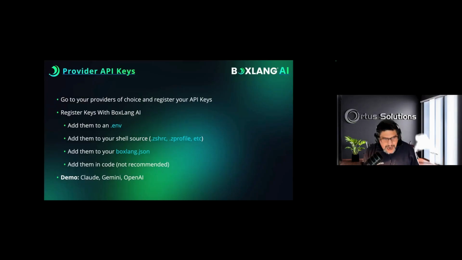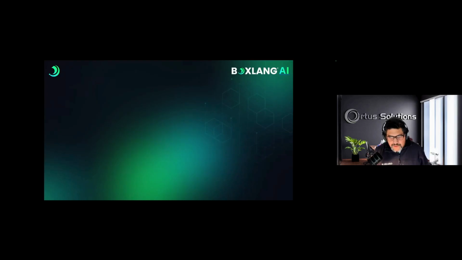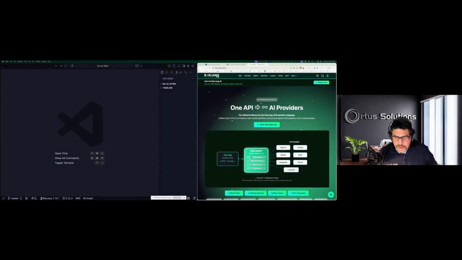Okay, so I have a bunch of stuff in my demo that I use: Gemini and OpenAI and Claude and OpenRouter. So you'll see that in those demos. So it's time to code. So let's move on to our coding here. And we'll start off, first step, what do you do, right?